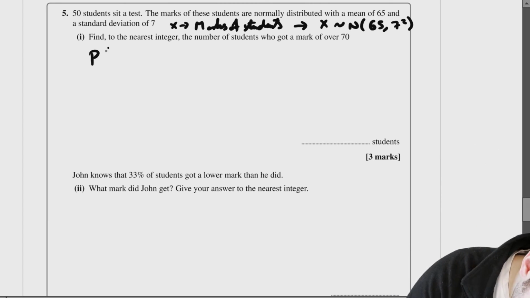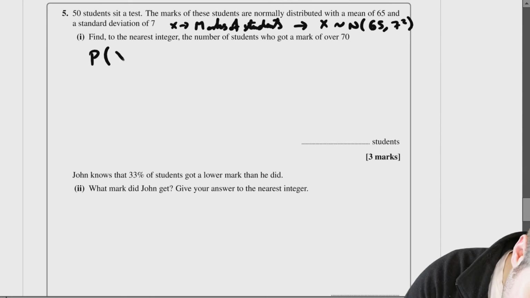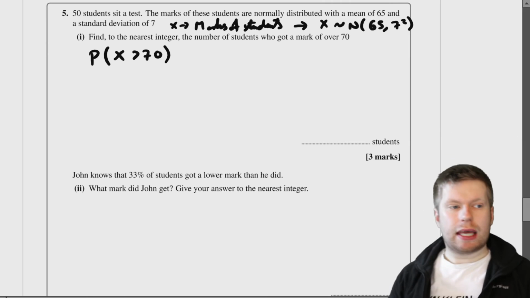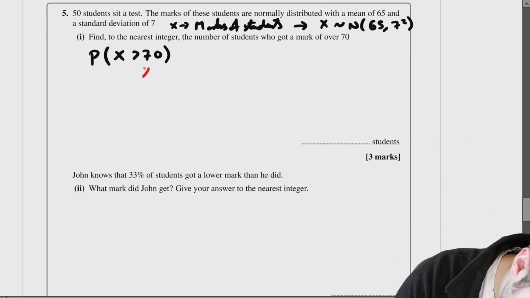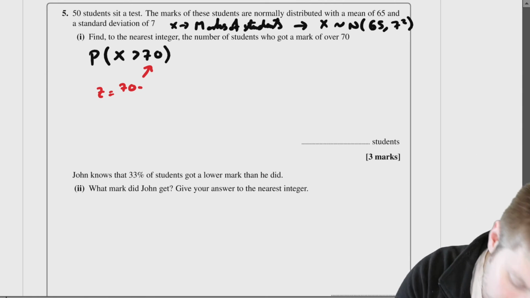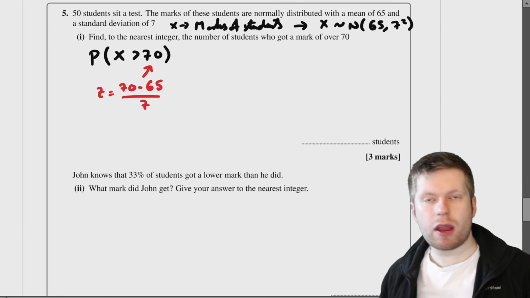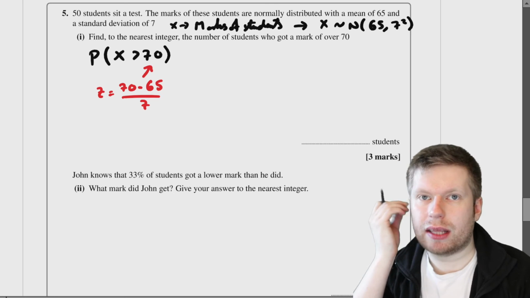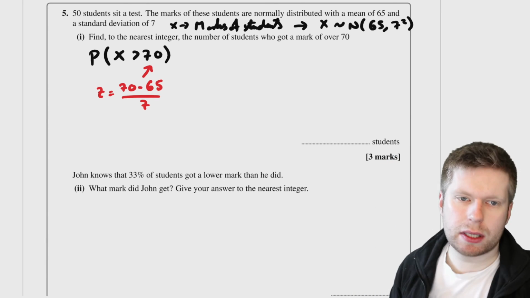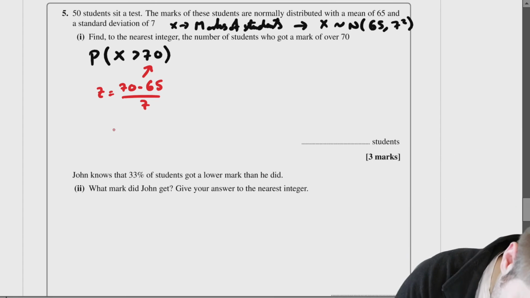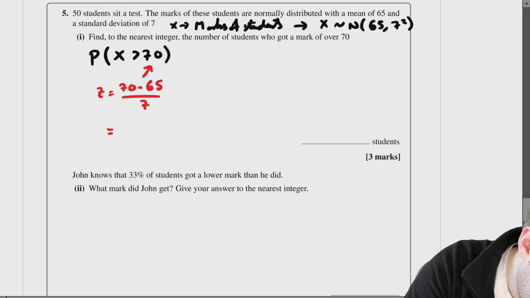So in other words, what is the probability, first of all, that X, the marks of students on a test, is greater than 70 in the first place? First of all, I'm going to standardize this. So I'm going to find 70 and standardize it. How many units of standard deviation from the mean does this lie? So 70 minus 65, all divided by 7. Again, not the central limit theorem here, because I'm not selecting test papers at random and then finding the mean of those test papers. It's simply saying, what's the probability that I have a student test paper which is greater than 70? So 70 minus 65, that's going to be 5. So it's going to be 5/7, which is, to 2 decimal places,